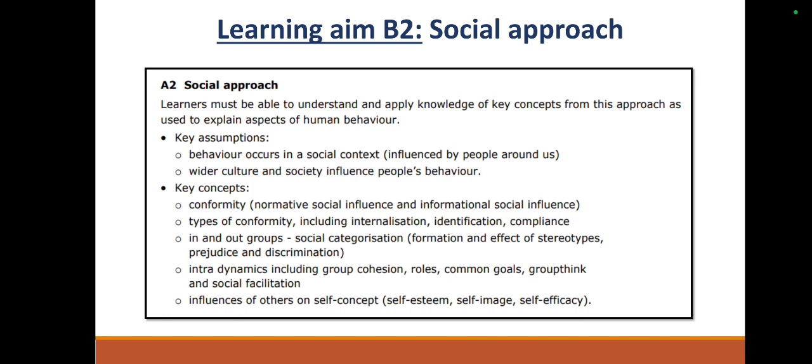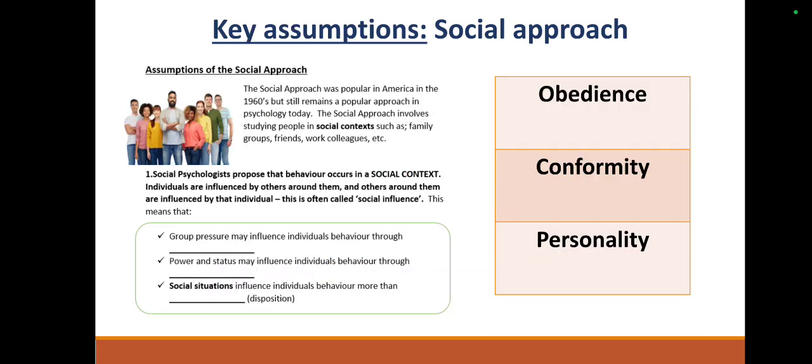3 different types of conformity, because it's not all just one kind. And then latterly, we're going to take a look at social categorization and the fact that that leads to formation of stereotyping. So that's on page 32. We're going to cover those first 3 bullet points in this short video. Okay, so if you turn it over onto page 33 in your booklet, we'll start by taking a look at